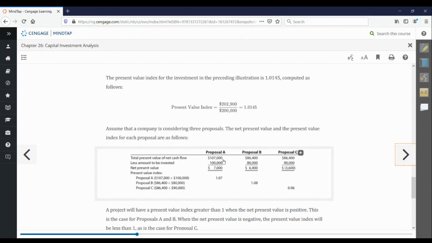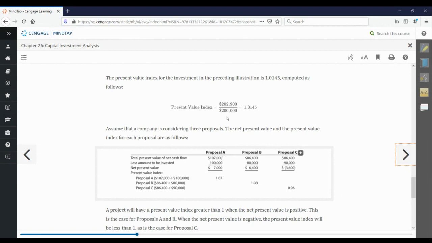The present value of the first investment was $107,000. The cost of the investment was $100,000. The difference between these is what we refer to as the net present value. So proposal A has a positive net present value, so it may be a good investment for us to invest in. To subject that to further evaluation, we could determine the present value index by taking